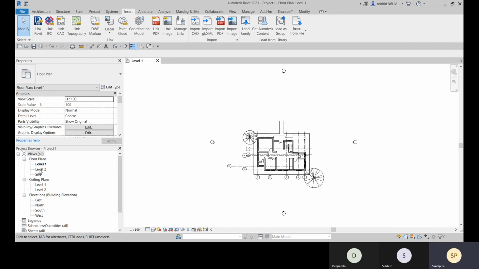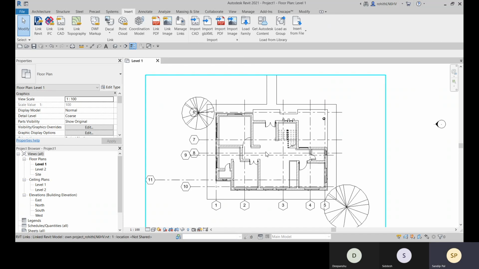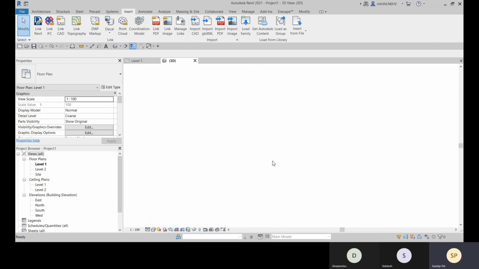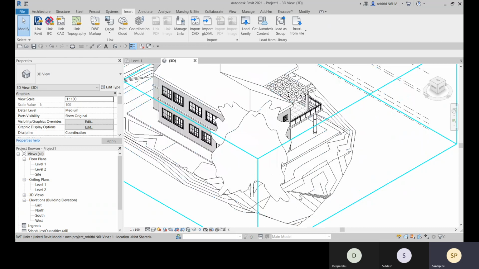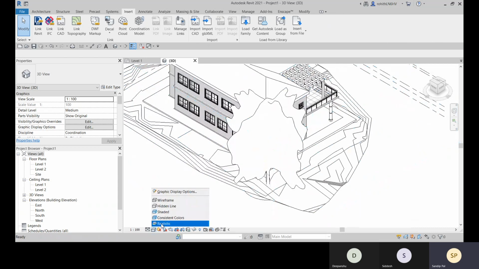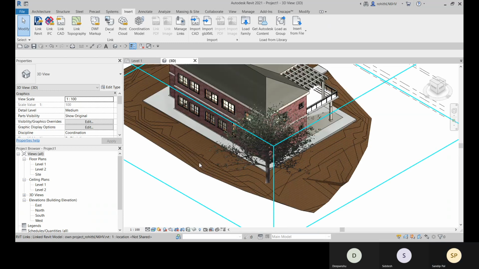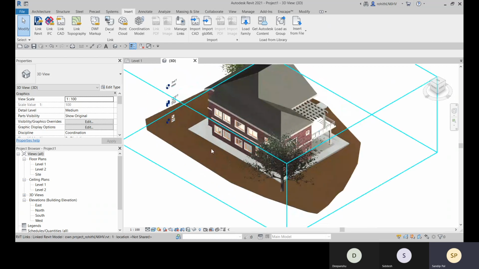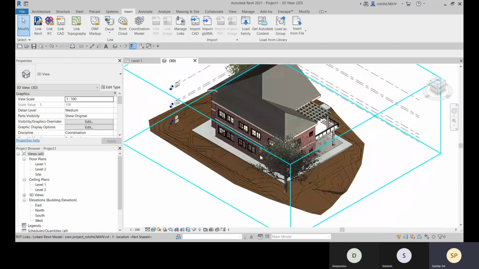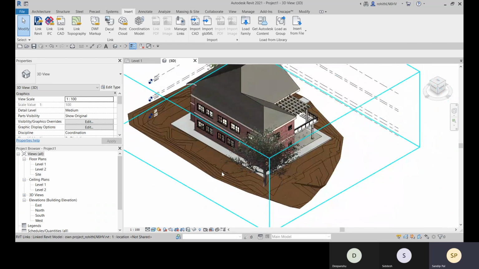So you see that if you want to copy this model element or the topo surface, you can do that, right?